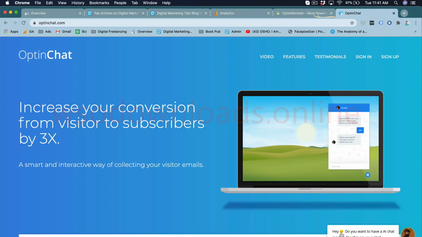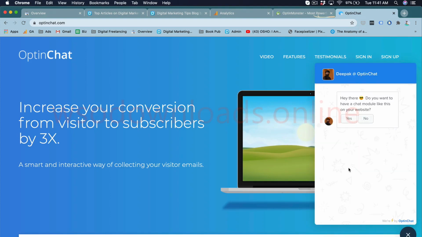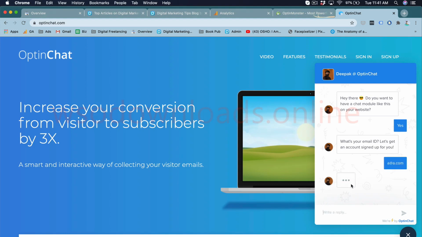And Opt-in Chat, here you can see that this is how it works. You go ahead and click on Opt-in Chat and it asks you a question. You respond to the question by answering something there, and then it asks you another question. So it asks for the email ID. So here you put the email ID, and then it goes ahead and asks you another question, which is your